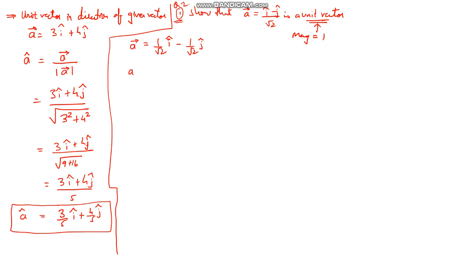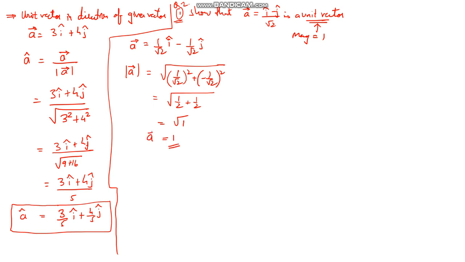Now let us find the magnitude. How do we find the magnitude? You have under root the x component squared, which is the square of 1 by root 2, and the y component squared. This was minus 1 by root 2 but anyway when we square it, the sign goes away. So 1 by root 2 squared will be 1 by 2 and 1 by 2. This will be root of half plus half, which is 1, and root of 1 is 1. So what we got, the magnitude is how much? 1. So what we can say is A is a unit vector. Hope you all got this. Let us check out the next sum.